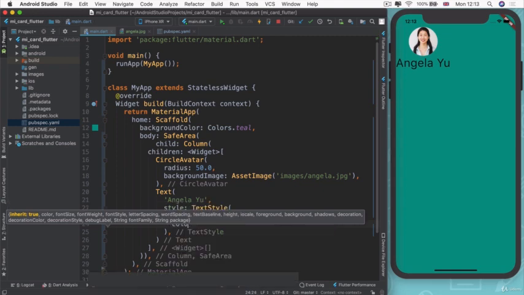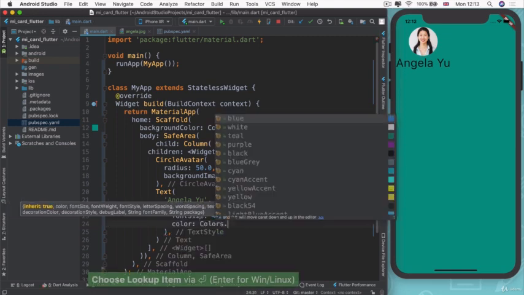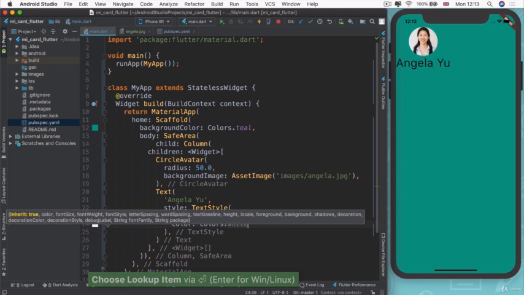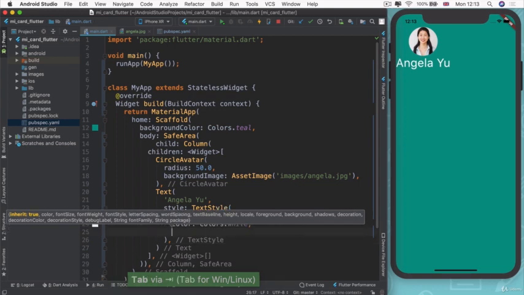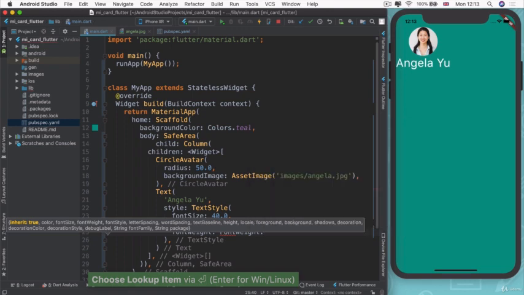And then I'm going to change the color. I want it to be a white color. So let's write Colors.white to get our material palette and change it to white. Yeah, it's looking instantly better. The last thing I'm going to do is I'm going to make it bold. So I'm going to write fontWeight, and I'm going to write FontWeight.bold. And now let's hit save, and you can see that we now have a bolded piece of text